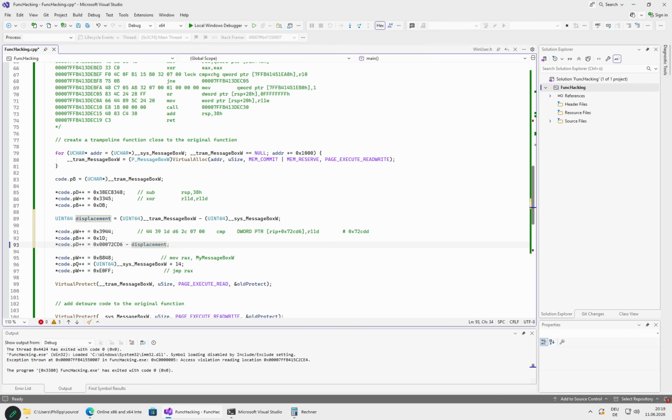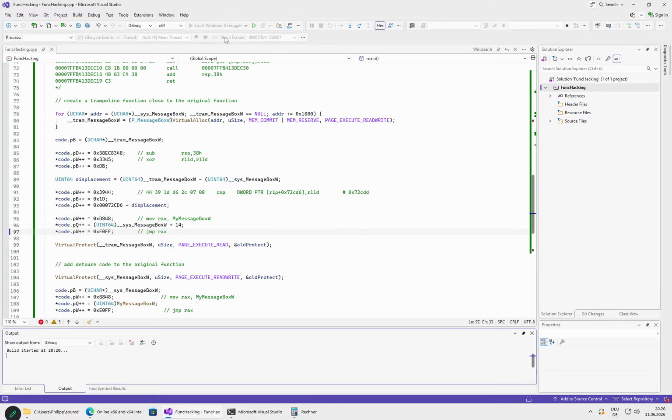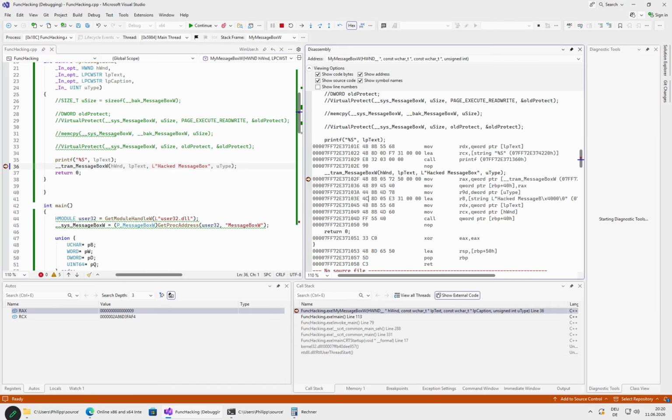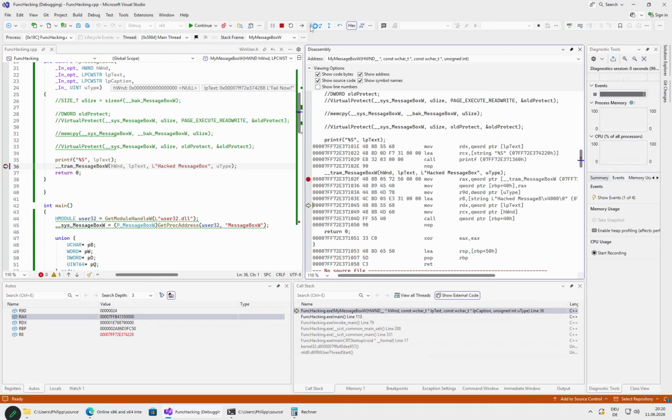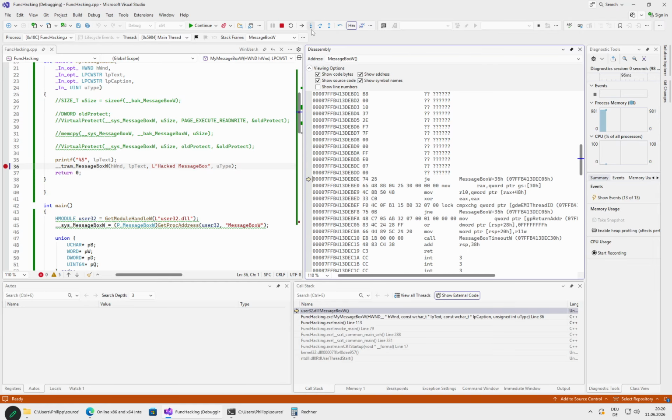Right, so we have the right displacement. This is our jump code, so this should be all fine. Then it might already work. Let's align the comments here, and let's run it. So, zack. Again, we step through our function call. Now it didn't crash, and now we load the address and we jump to the rest of the function, and